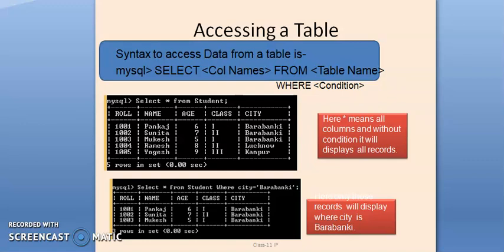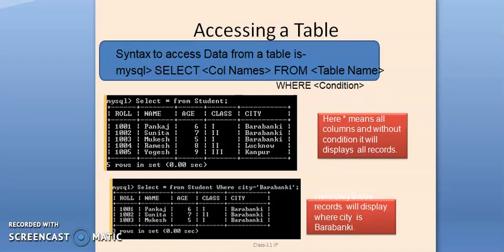Today we will discuss the new commands, and firstly we will start with accessing a table. So students, after creating the database and the table, and after inserting records in the table, by which command can we view the records that we have entered?